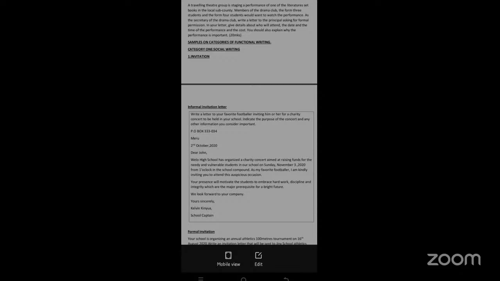PO Box 333-034 Meru. Date 2nd October 2022. Dear John, Wello High School has organized a charity concert aimed to raise funds for the needy and vulnerable students in our school on Sunday, November 3rd, 2020, from 1 o'clock in the school compound. As my favorite footballer, I am kindly inviting you to attend this auspicious occasion. Your presence will motivate the students to embrace hard work, discipline, and integrity